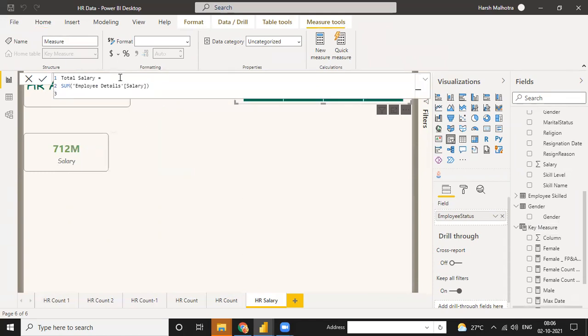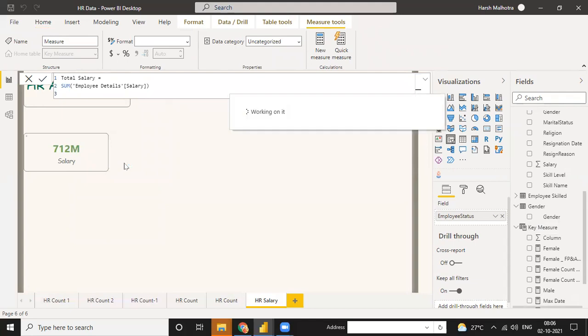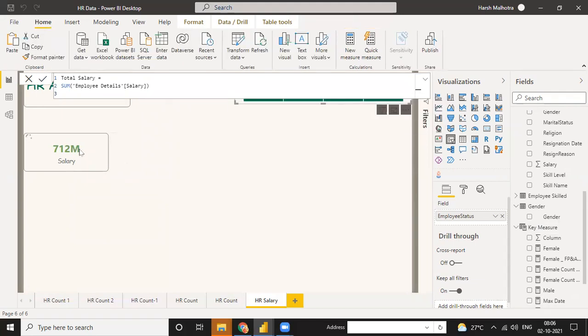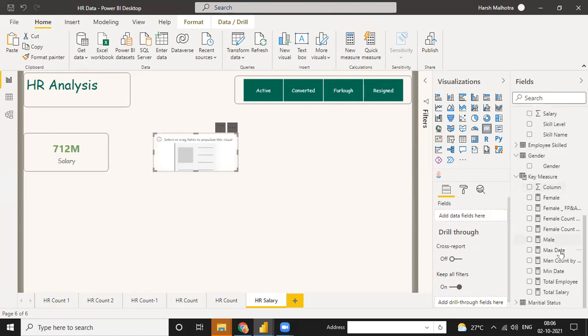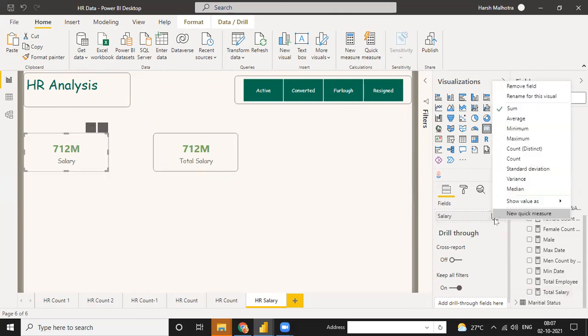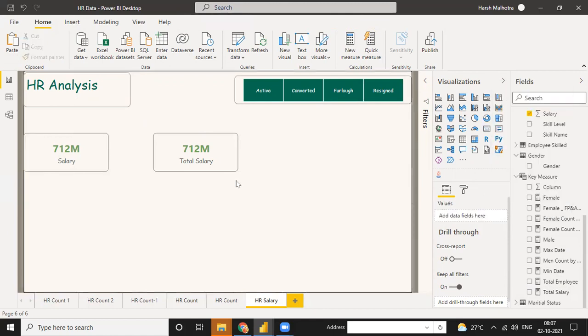Just enter, go to this, copy and just paste it. So instead of this salary, I use total salary. And see, the value is the same, but this is an implicit function and this one is an explicit function.